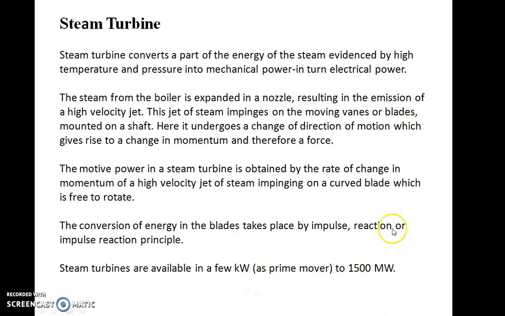See the range. While if you see the hydraulic turbines, at the most you can get up to 250 megawatt or 300 megawatt. That is the largest range, or you can go for more also, but the construction cost of a hydraulic turbine will be very high, and you can't go for such a high power producing device. But with a steam turbine, you can generate high pressures in the steam, and that's why you can go up to 1500 megawatt also.